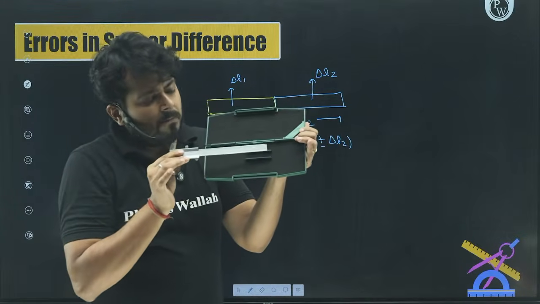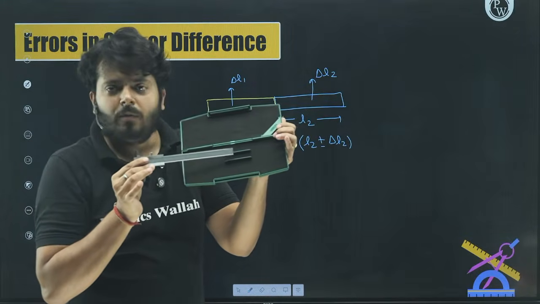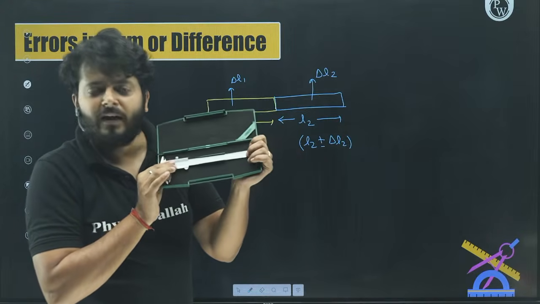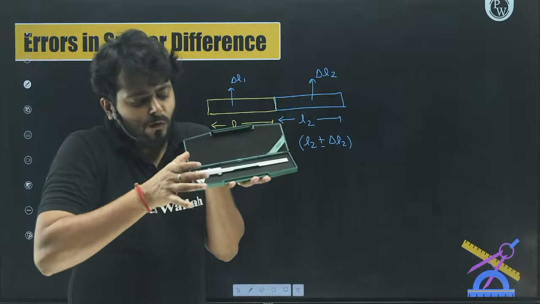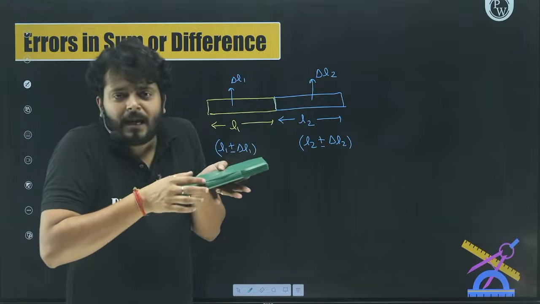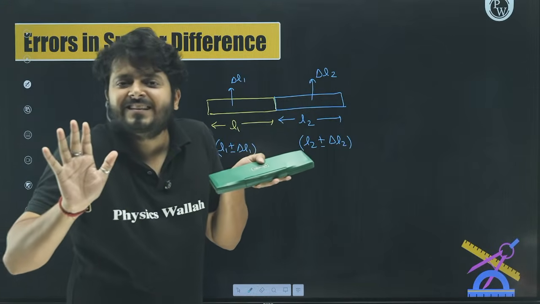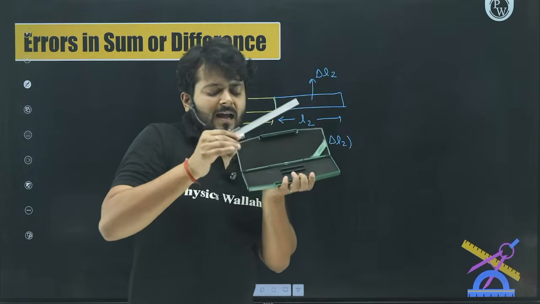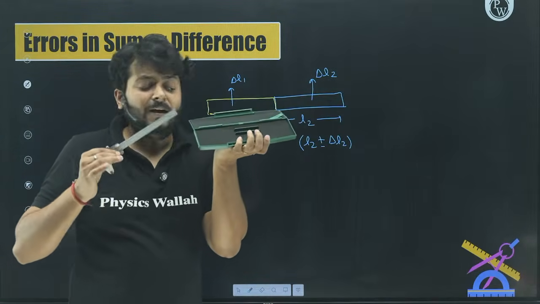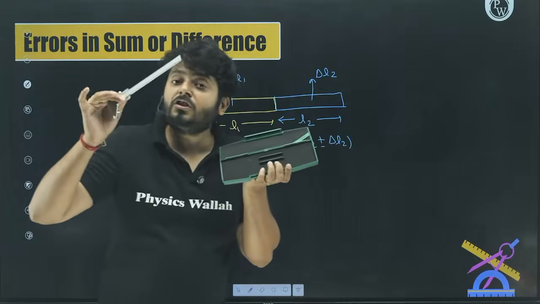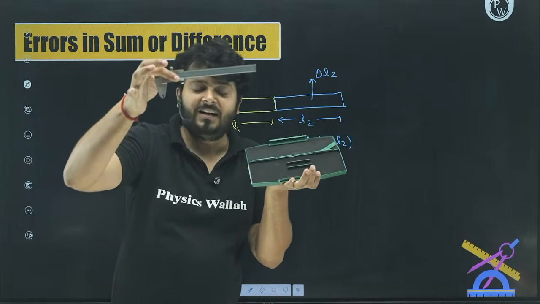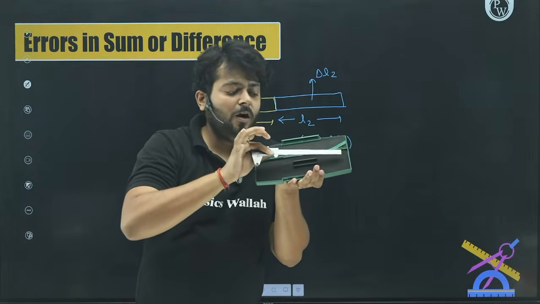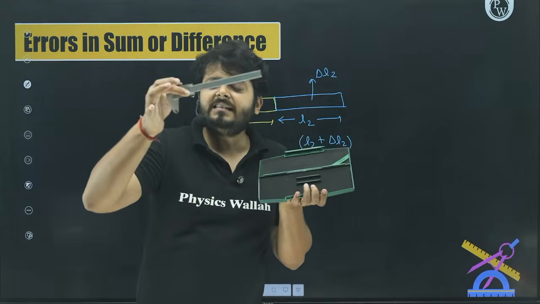So I must create enough space in the box, right? So that it fit just like this, right? And this whole thing can be captured inside the box very, very easily, right? Now think about it. While making the box, if I'm not considering the possible errors in the measurement of this object, I might create a smaller box and this particular thing will not fit inside it. Yes or no? Let's say that the actual